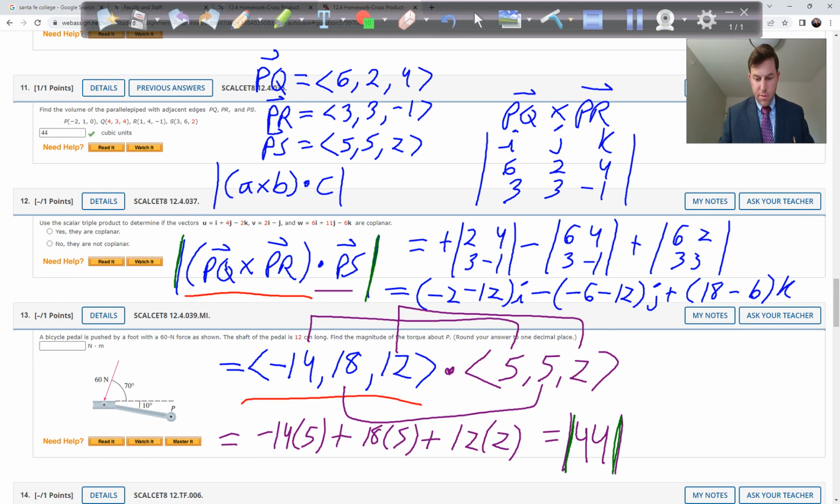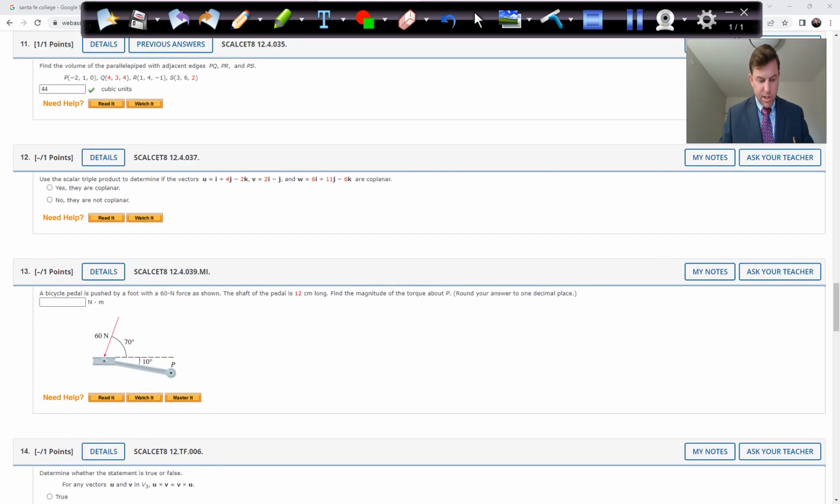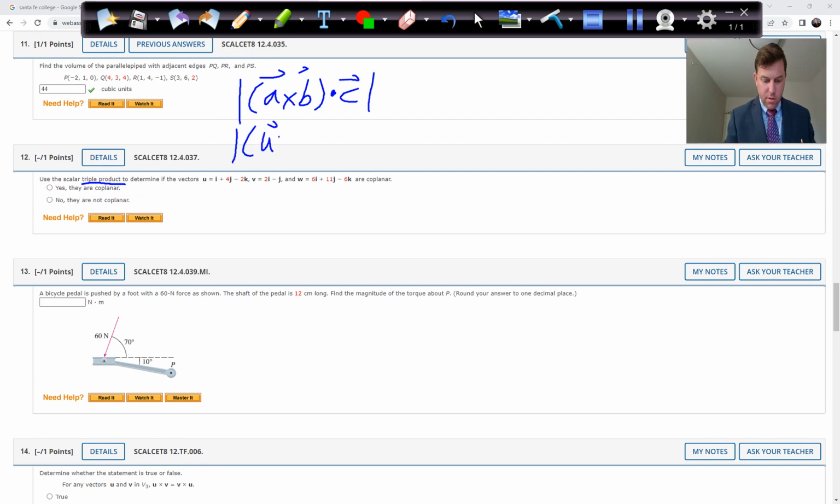Okay, problem 12. Use the scalar triple product, so that's what we just talked about. So the scalar triple product is the absolute value of A cross B dotted with C. And these are all vectors. Okay, so they want us to use U, V, and W. So let's use their letters, U, V, and W. Okay, so U cross V would equal